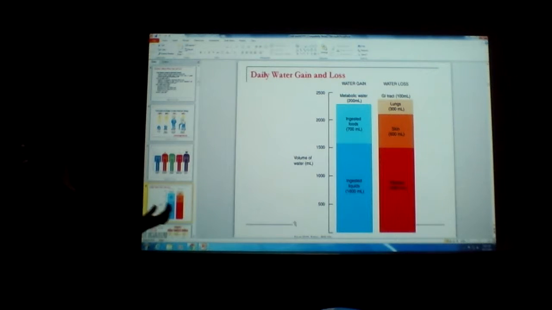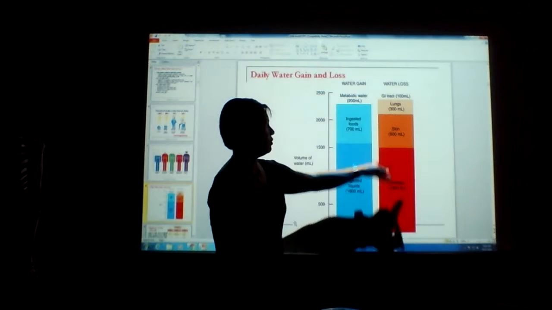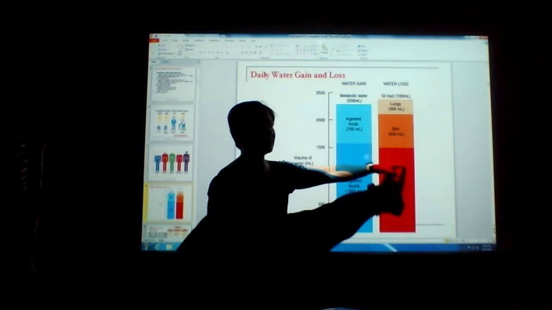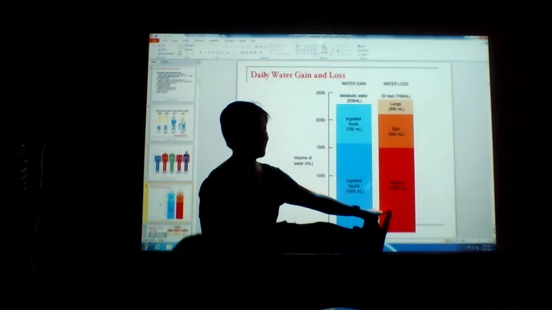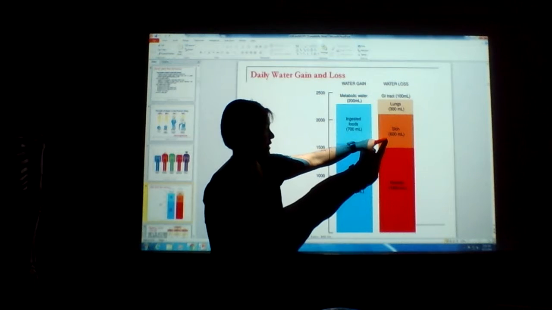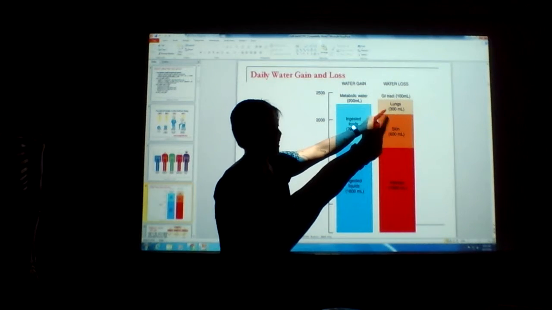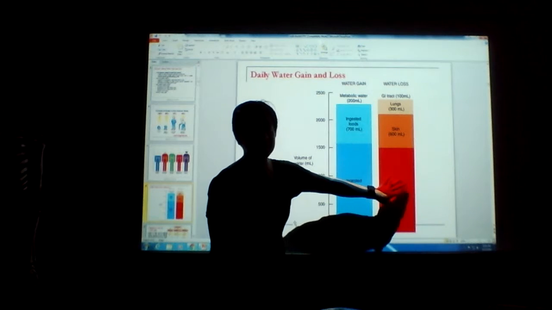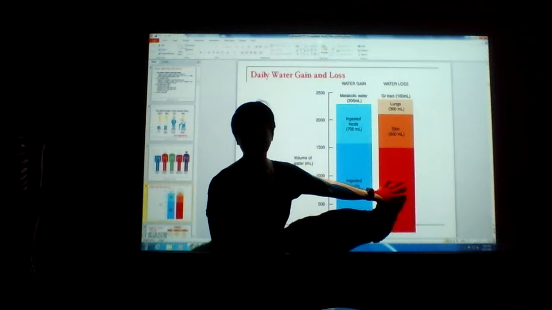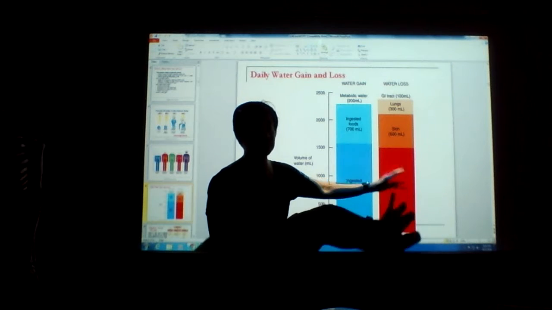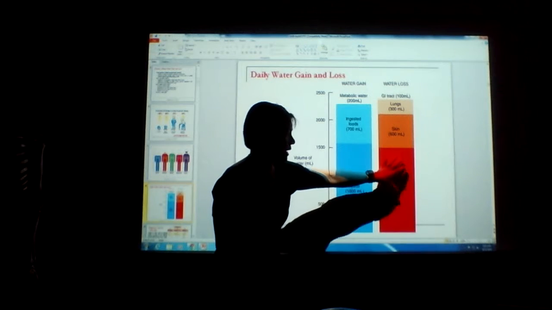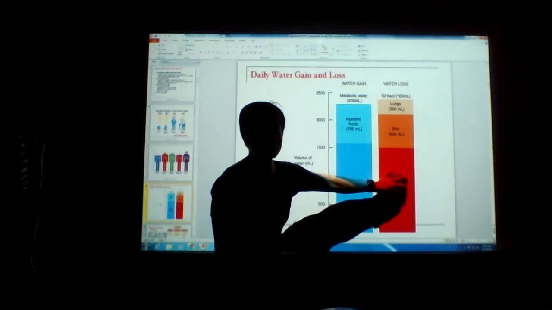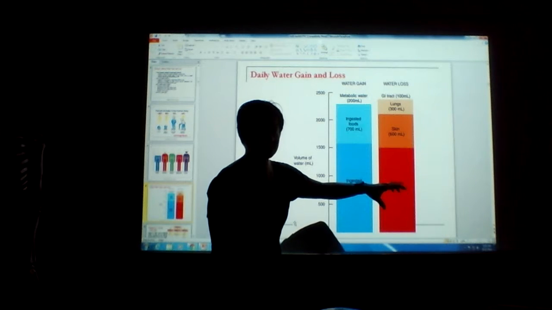How do we balance this water? So where do we lose water? Look at mainly through your kidneys, right? Then some of it in your skin, some of it through your lungs. But look at the amount, 1,500 mils through your kidneys. So I'm thinking if I want to do water balance or control, this is the main way that will help me to balance my water, right?